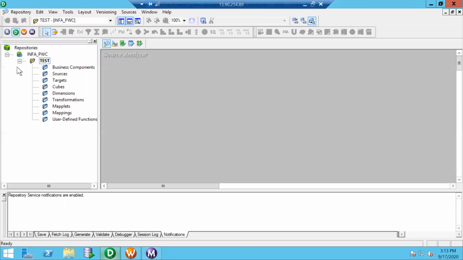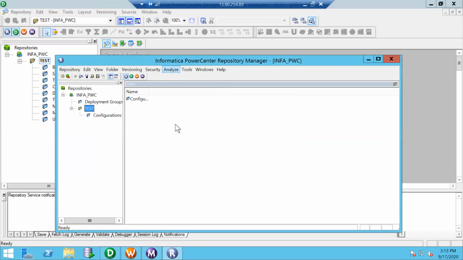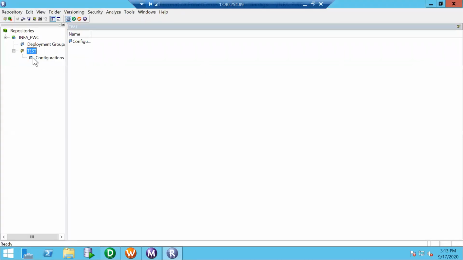Another most important component is the Repository Manager. The Repository Manager is used to move Informatica objects from one folder to another folder, or also copy and paste the objects from one repository to another repository. We have edit and then copy, as well as we copy from the source and then paste the same configurations of Informatica objects in the target. And another thing is we have something called deployment groups also. Those also can be done using it.